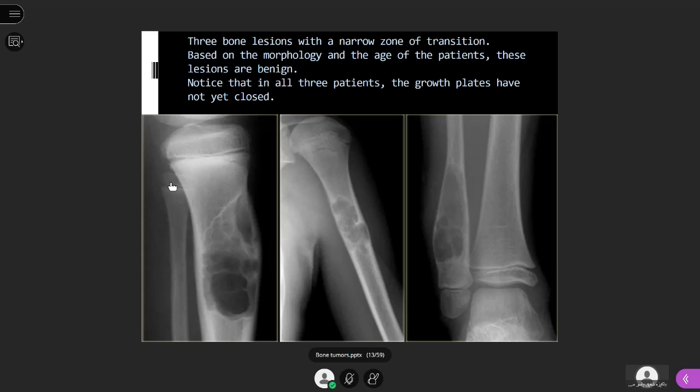See, both epiphyses are unfused. What does that mean? That means this X-ray is often of a child, or maybe an adolescent, less than 20 years. So all of these X-rays are of patients less than 20 years because you see here also in the X-ray of the shoulder joint, the humeral head epiphysis is unfused. And in this X-ray of the ankle, this is the tibia, this is the fibula, both these epiphyses are unfused. So if you see unfused epiphysis, you already know the age of the patient.